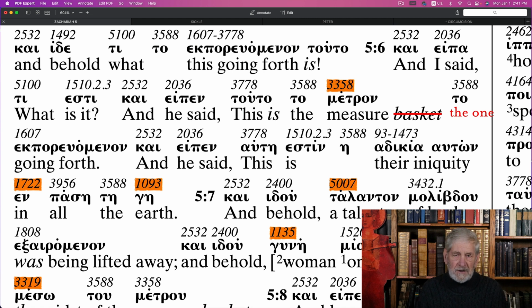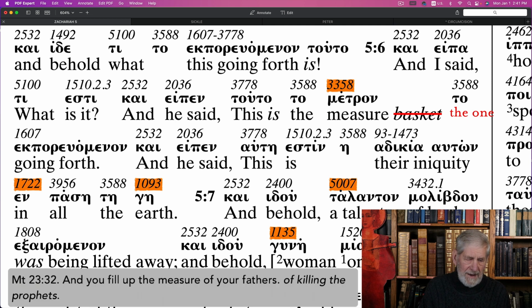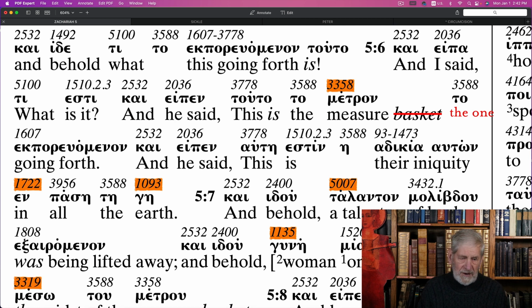And you see that in Leviticus 19:35. There's a land measure, as we saw with Jerusalem, which is mentioned in 2 Kings 21:13 with a cord or a rod. And then there are other types of measurements. There was a measurement for destruction in Lamentations 2:8. And Matthew 23:32 says, And you fill up the measure of your fathers. That is the killing of the prophets. The measure of the filling it up.